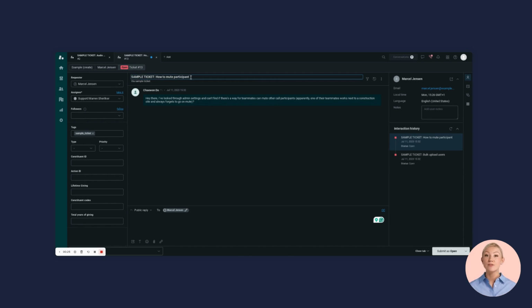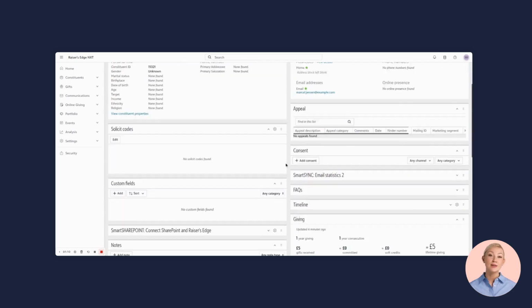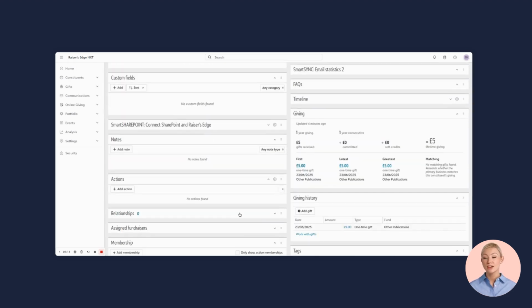The ticket has come from someone called Marcel Jensen. We have created a few custom fields in Zendesk to hold some of the information that might come across from Razor's Edge later in the process. Let's say this ticket just arrived. We can see that we already had a record for Milo Jensen from some earlier version of the record in Razor's Edge. They are an alumnus and gave a £5 gift, but nothing else on this record would tie them